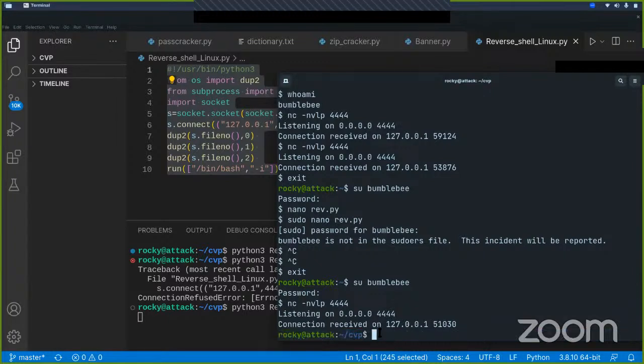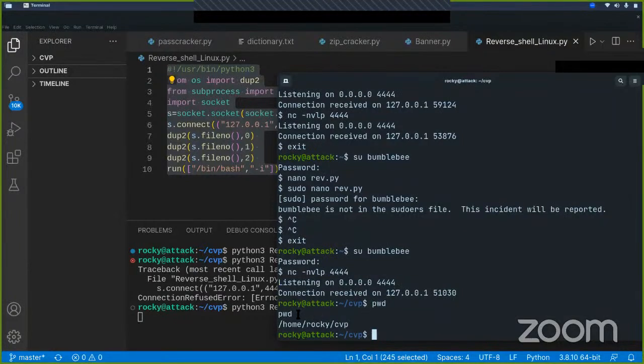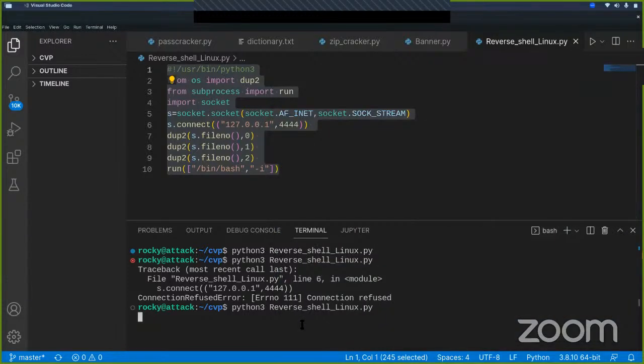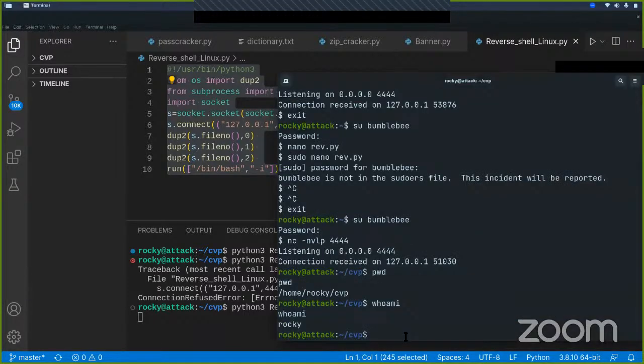So, if I have got the shell of Rocky, but I am Bumblebee, then you can see that I can run the commands. And who am I? Then you can see I am Rocky. So if I type here exit,